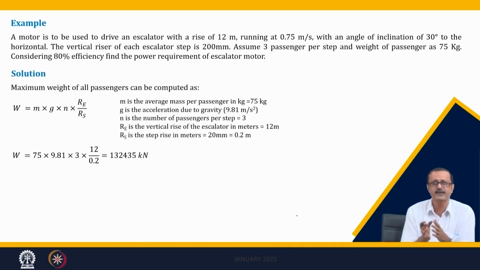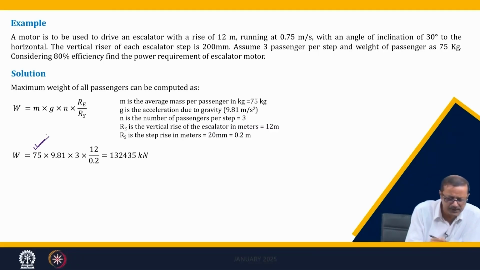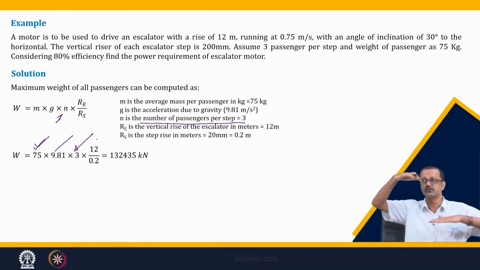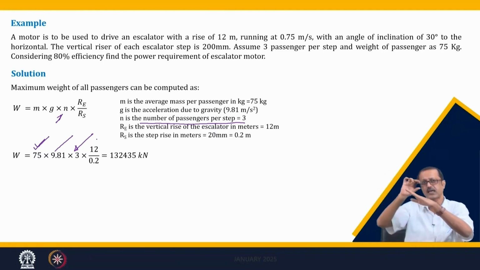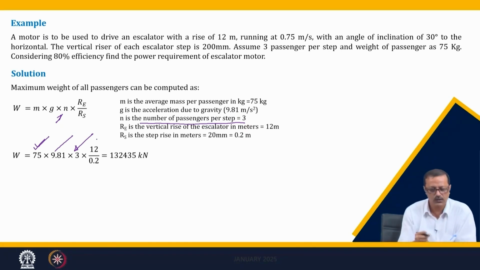So, first of all, let us find out the total weight of the people. In that I have used this equation: 75 is the weight of one person, this is your g, and 3 is the small n, the number of passengers per step. This 12 meter is the total vertical distance from the ground to the top of the escalator, which has 30 degree inclination, but each step is 0.2 meter, 200 mm. So, the total number of steps is 12 divided by 0.2. If I multiply, I will get this much